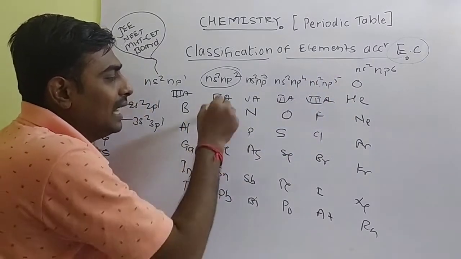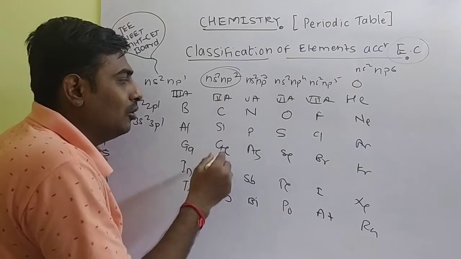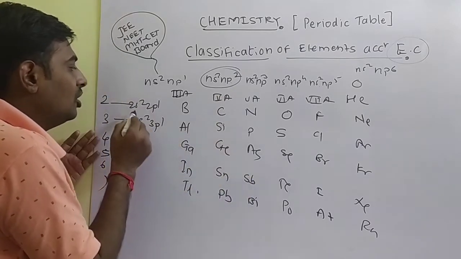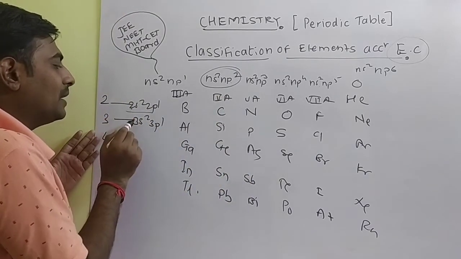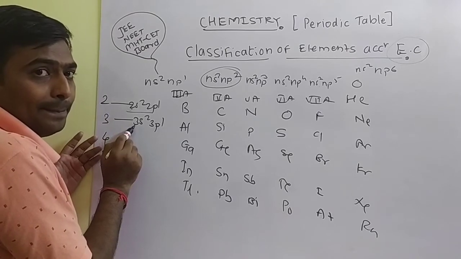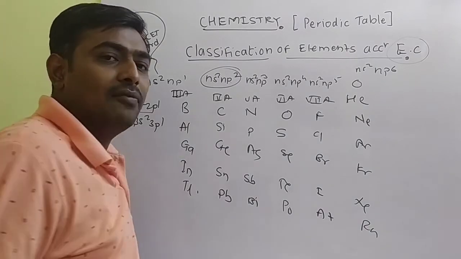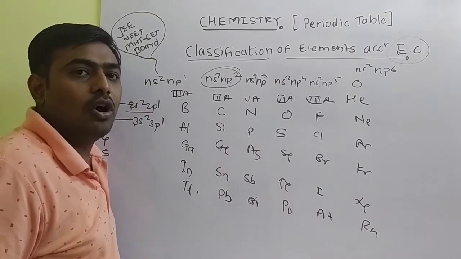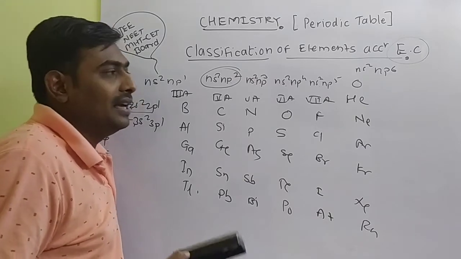And how are elements differentiated in the respective group? Elements are differentiated with the orbital, principal quantum number 2, principal quantum number 3. Means horizontally and vertically we can distinguish the electrons in a periodic table.